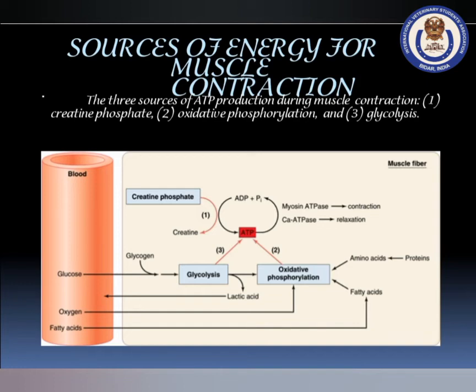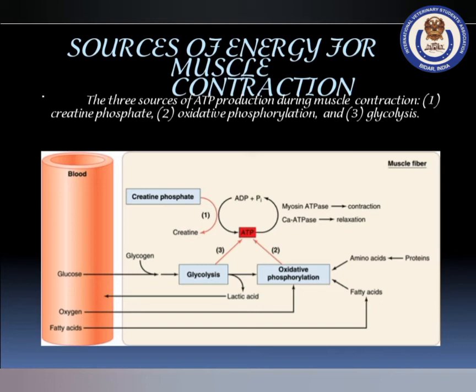A single action potential causes the release of a standard amount of calcium from the sarcoplasmic reticulum and produces a single twitch. However, if the muscle is stimulated repeatedly, more calcium is released from the sarcoplasmic reticulum, and there is a cumulative increase in intracellular calcium, extending the time for cross-bridge cycling. The muscle does not relax. This is tetanus. Now, sources of energy for muscle contraction.